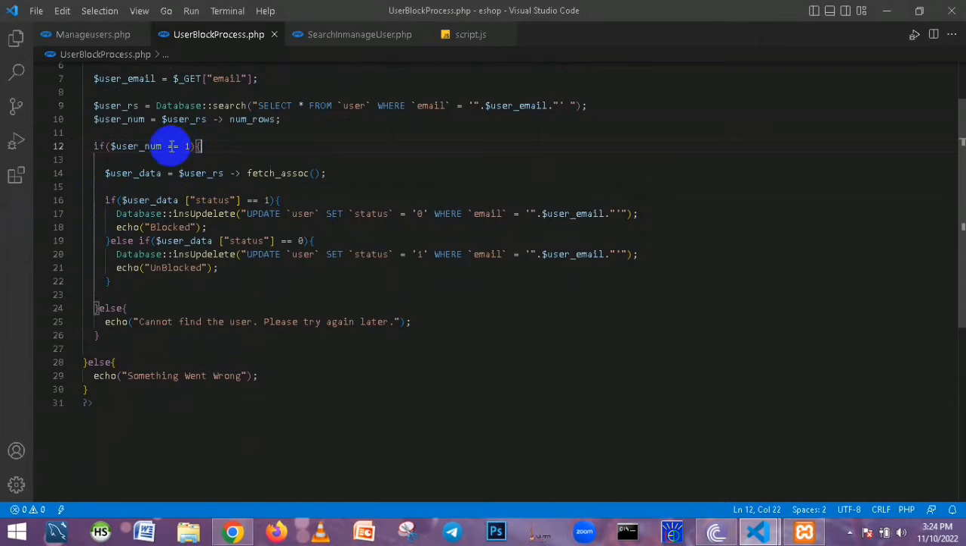variable equal to 1. That means if we have any users in our website, it equals 1. If it is not, it equals 0 value. So if it is equal to 1 value, that means we have a user in our database. So we want to get that user using this user data and assign it to user result set and fetch as a connection. I want to search my user's status